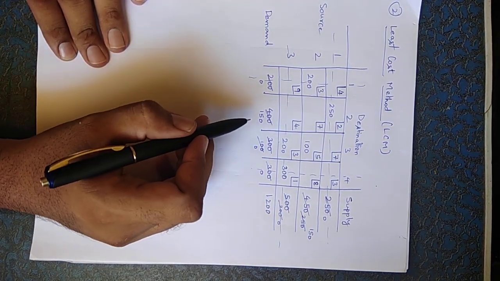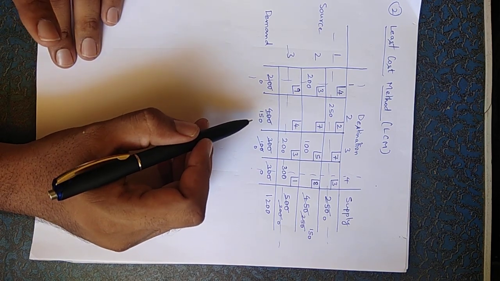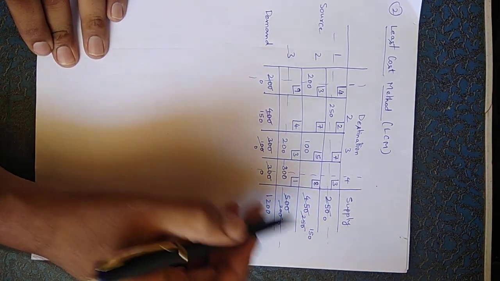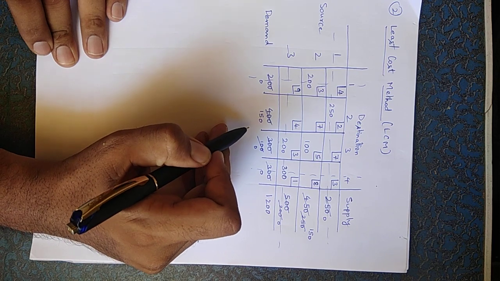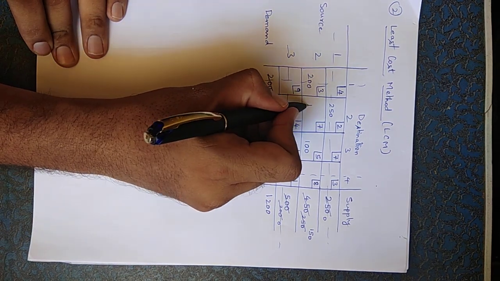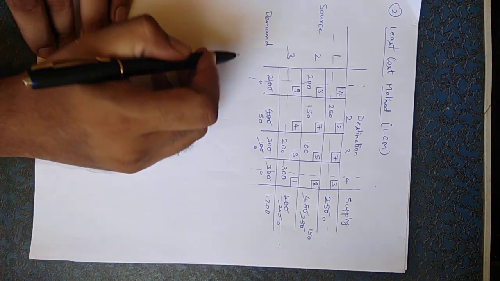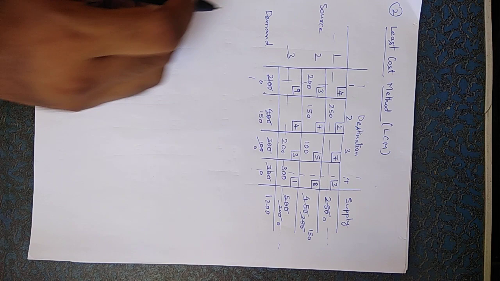Observe now, as I told in northwest corner method, the last entry which you make will balance each other. Observe this is 150 and 150. So that means to say we have worked the problem correctly. Now this is 150 units. So here we have completed all the allocations. Now we need to find out the total cost.